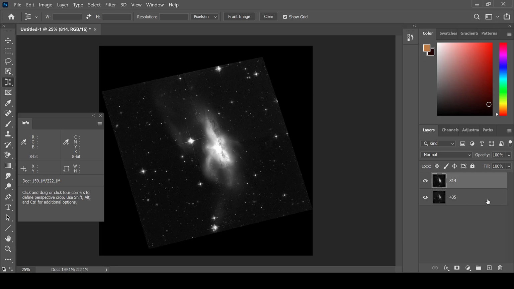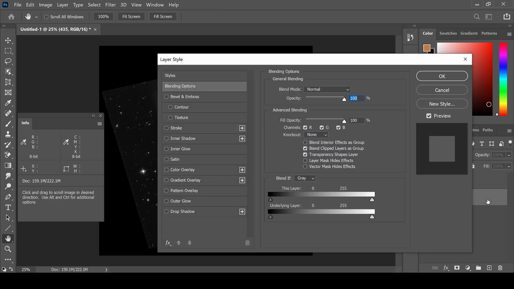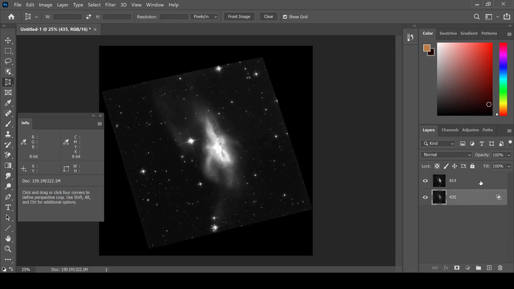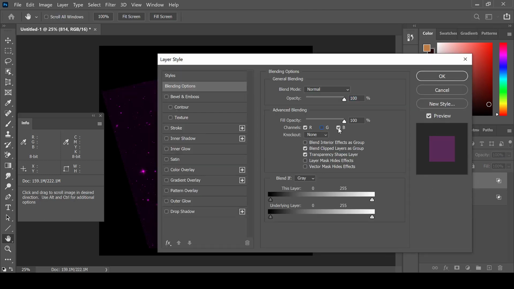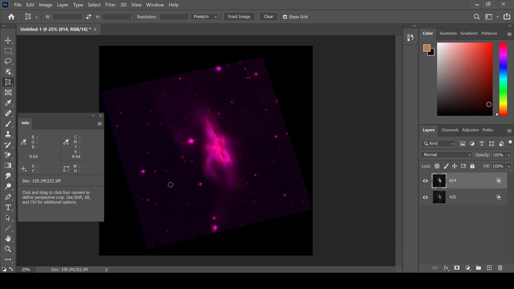Using the Layer Colorization method, double-click on the layer, unselect green and red to get the blue, and do the same for red, unselecting green and blue to get red. The image automatically combines. Make sure to unselect the two images by simply clicking anywhere below them, then go to